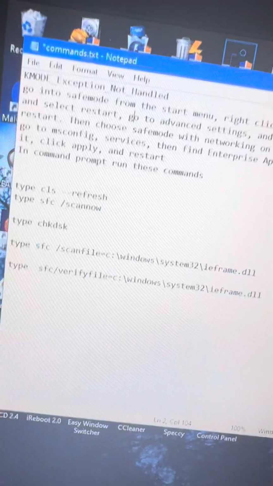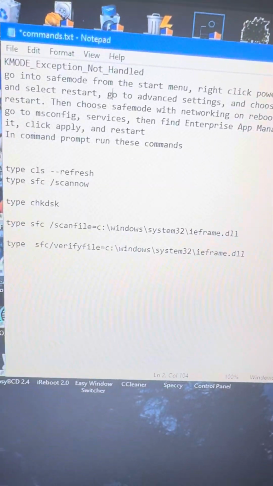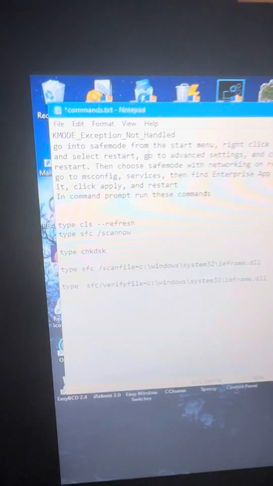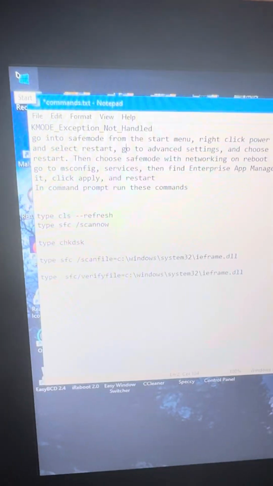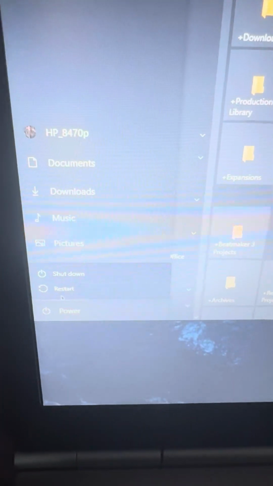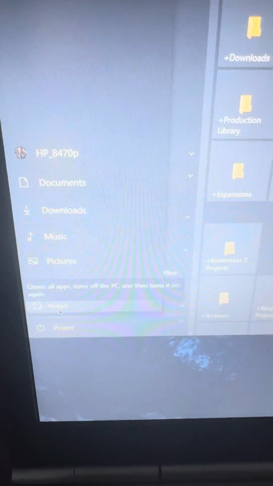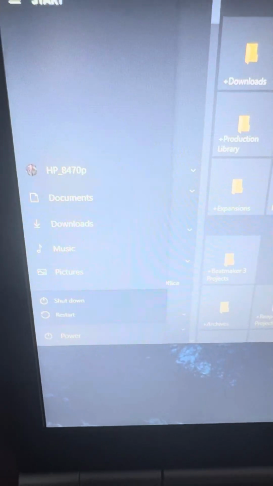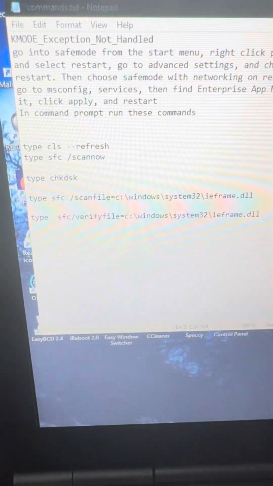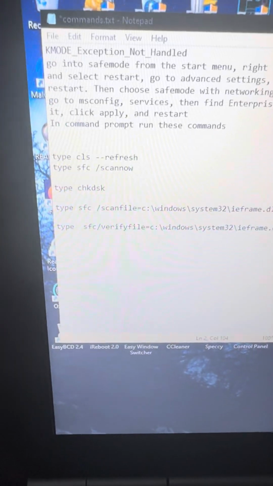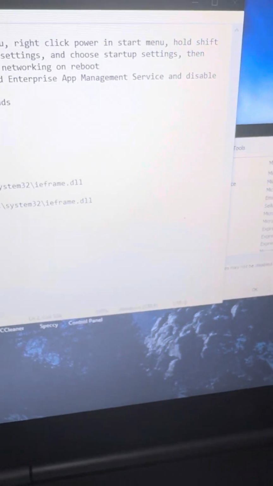Now, once you get into Windows, there are some things you need to do. The first thing you want to do is go into safe mode from the start menu. The way you do that, you go up here to start, go down here to the power button. Now you're going to hold the shift key, hold the shift key and then press restart. Then you wait for the restart, and you're going to come to a screen that should say